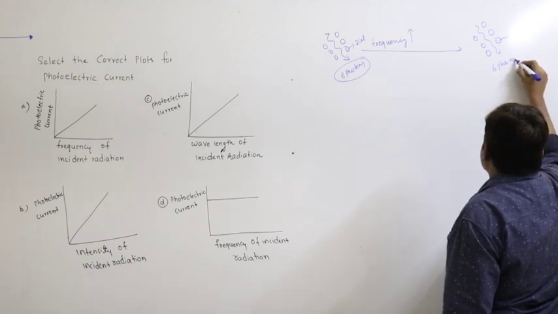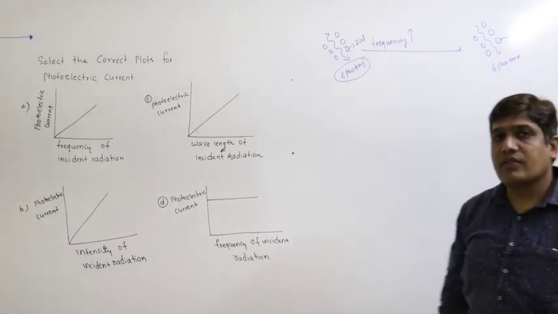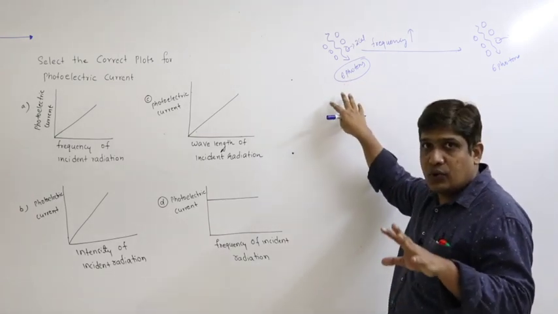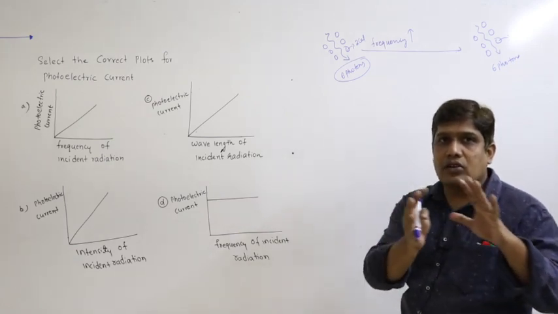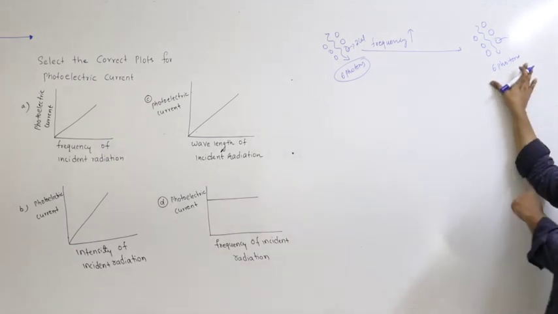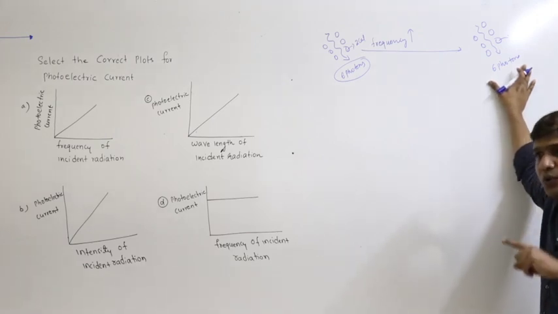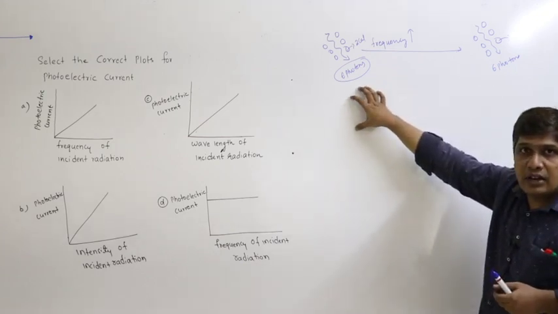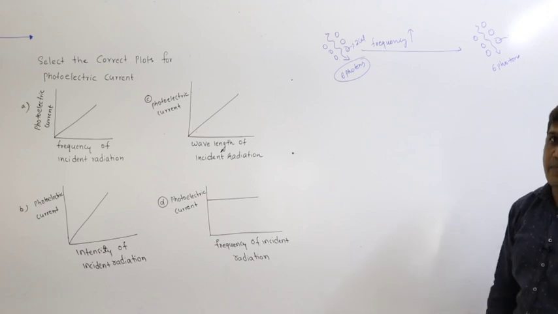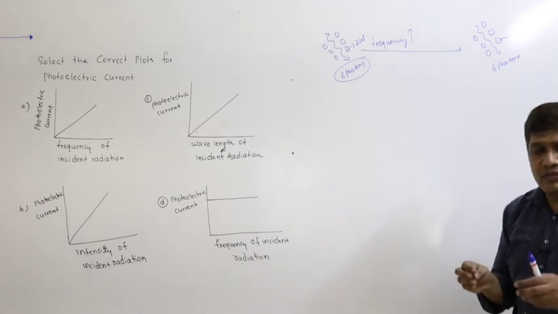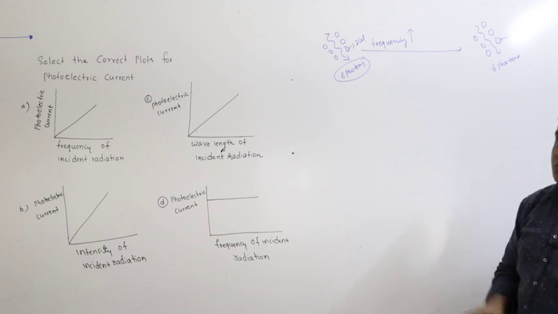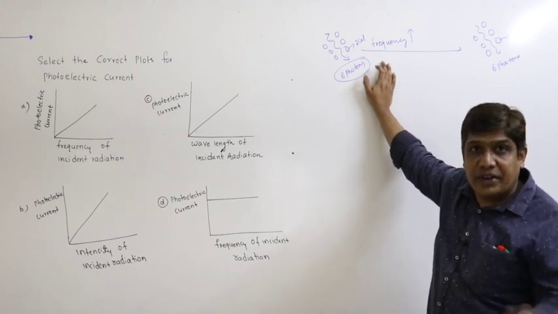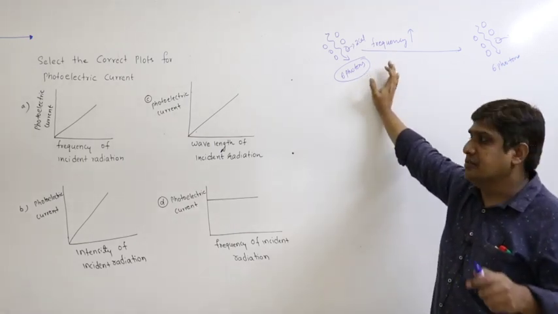Now recollect, 1 electron absorbs 1 photon. Here, how many electrons will be emitted at a given instant? 6 photons will be absorbed by 6 electrons, so 6 electrons are emitted. Here also at a given instant 6 photons are available, 6 photons will be absorbed by 6 electrons. That means the number of photoelectrons here and here are the same. So the photoelectric current will be the same, it will not be altered. So the number of photoelectrons is independent of energy or frequency of incident radiation.